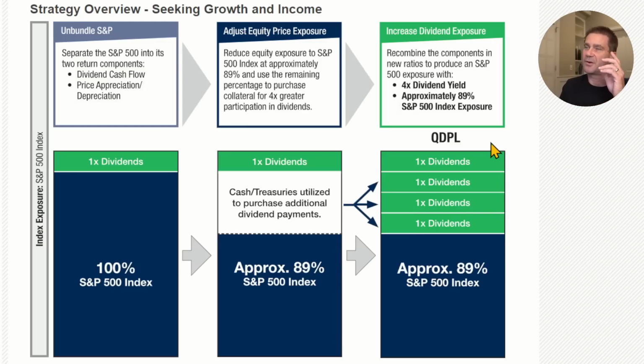But that's the idea. They're going to be putting this in the S&P 500, and then they're going to be buying dividend futures contracts with the rest of this, which can give you outsized returns versus the S&P 500, as we will see. And that is the strategy. So 60 basis points, again, I think is a little bit steep for what they're actually doing here, because those dividend futures contracts, they do that once a year in December, and they go out 3 years. And then at the end of that year, they're going to roll to the next one. So